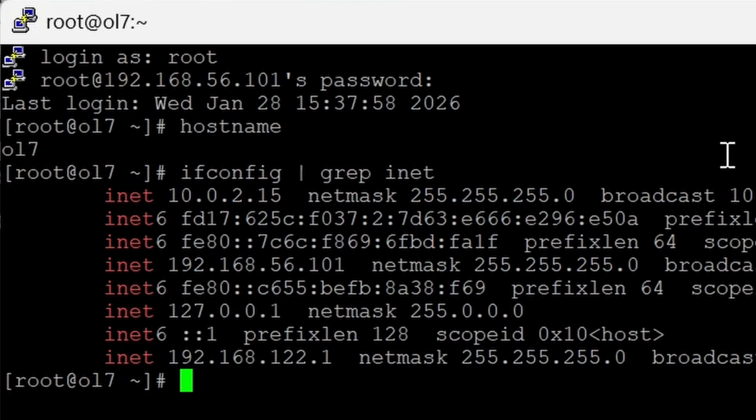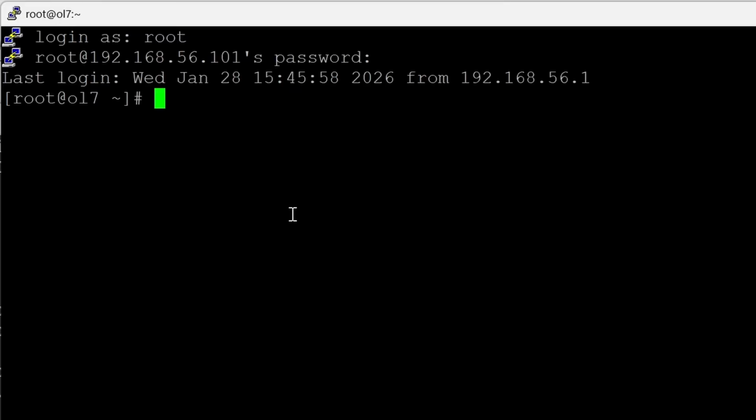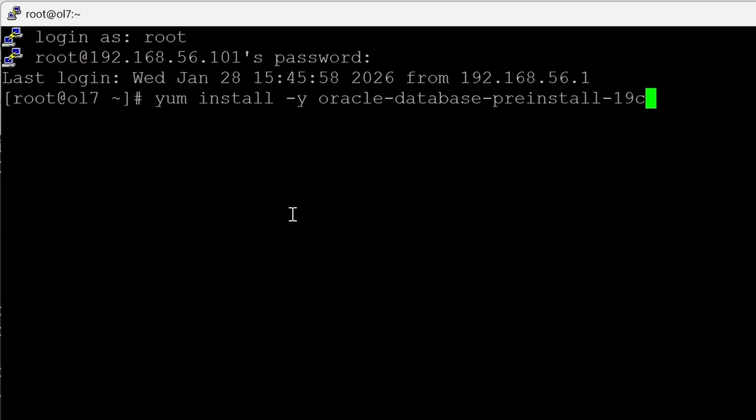So there you go. And in my case, I need to install the RPMs for the Oracle Database 19c. So what I can do is yum install -y oracle-database-preinstall-19c.